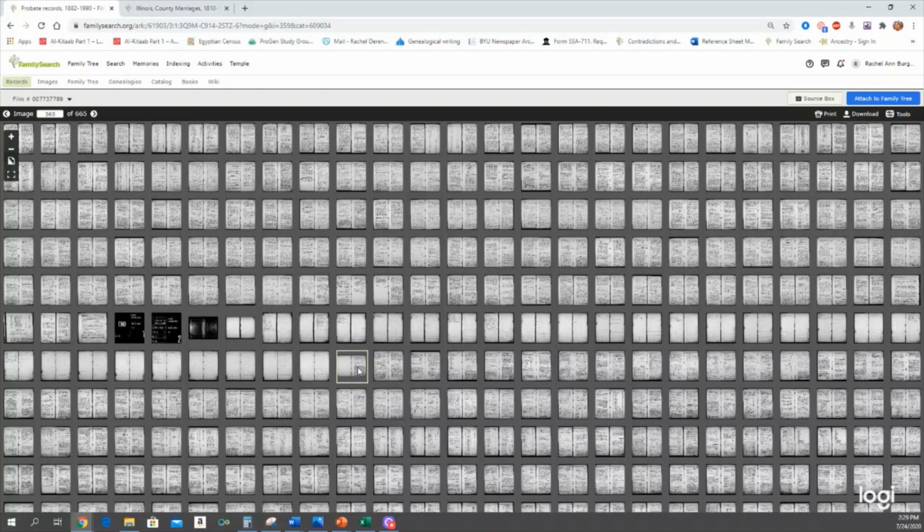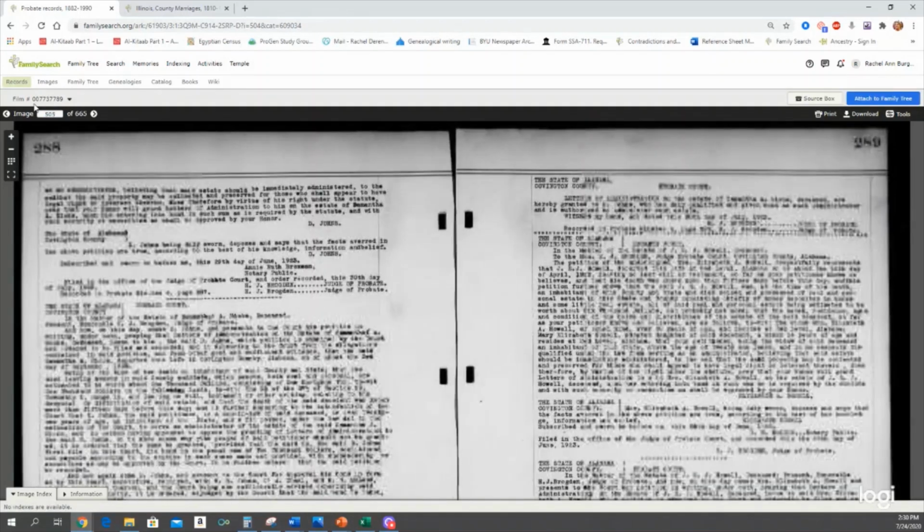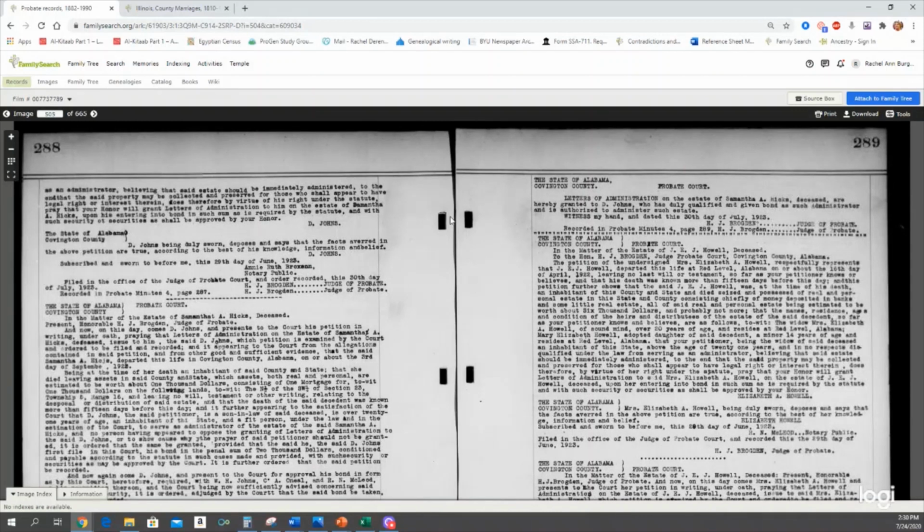Now I'm looking for 289. I guess you could scroll down and just randomly start clicking. I would recommend you double check this is page 1. You see that there are 2 pages per image. So we need 289. I'm going to split that in half because there are 2 pages per image. Gets us at about 145. I'm going to add 145 to 360, which puts us at about 505. All right, so there we are.